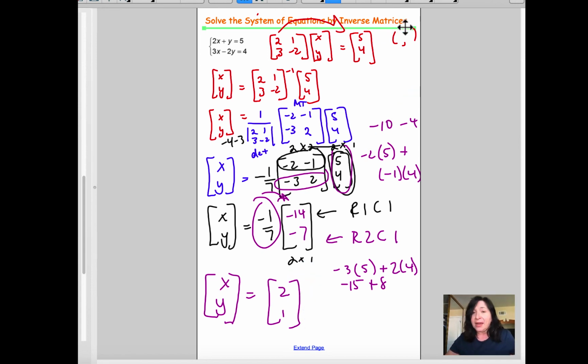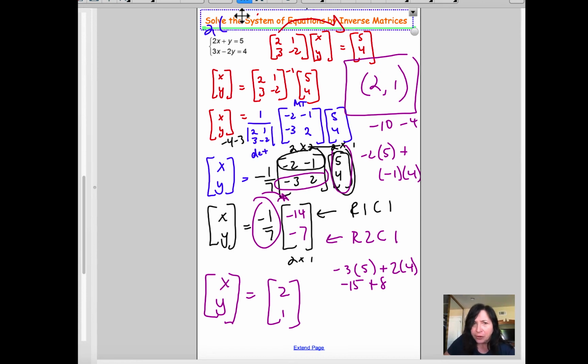So that means 2, 1. Oh my goodness, I almost forgot. I can't believe that. But 2, 1, I think I forgot on the other equation to check my answer. Oh my goodness. Okay, plug it in: 2 times 2 plus,